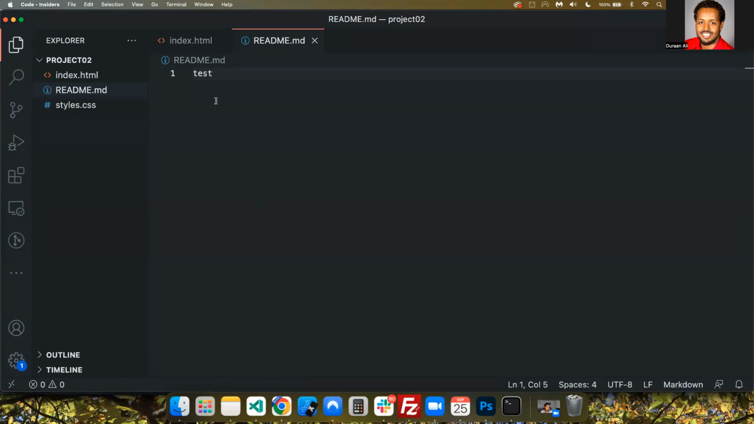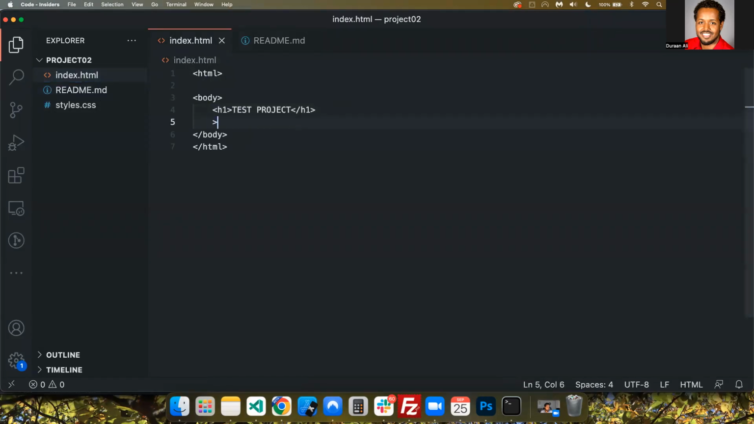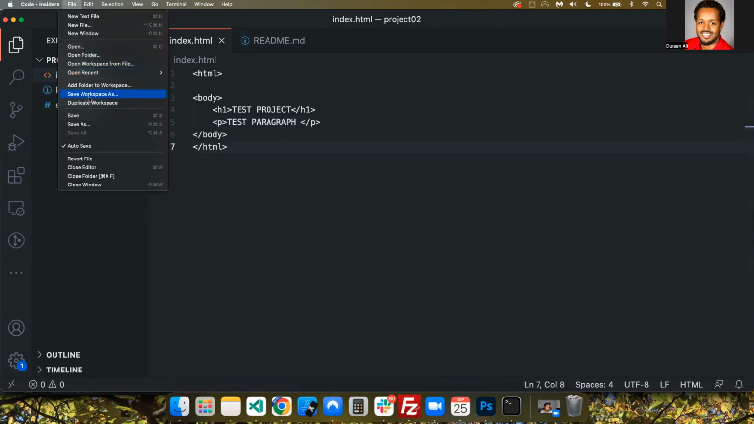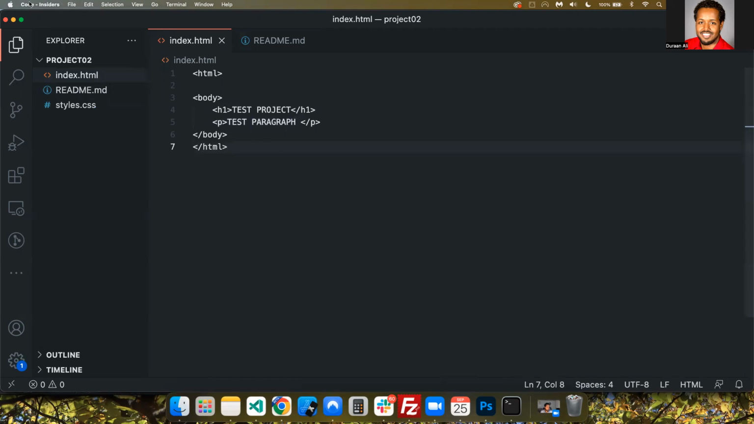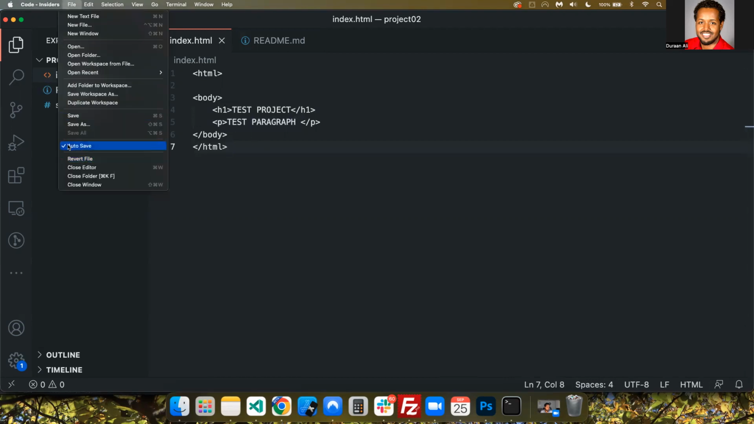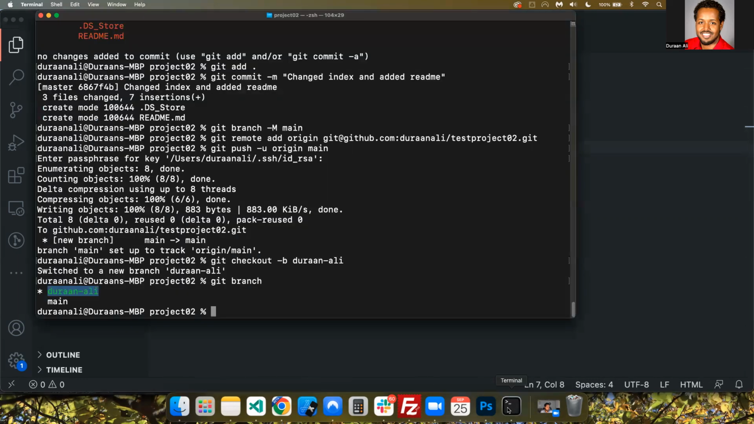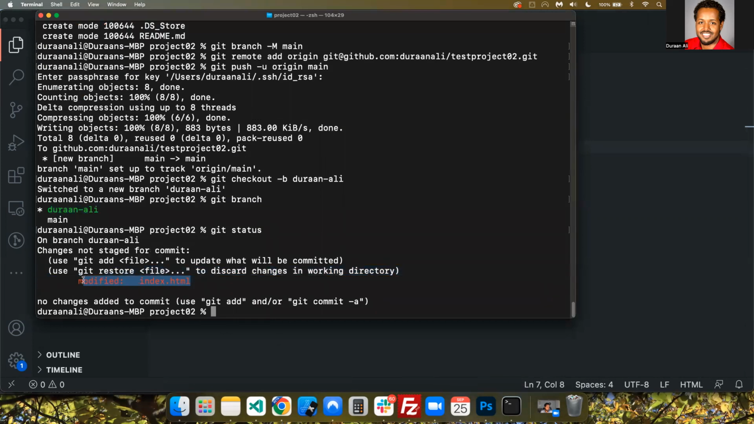So let's do that. Let's add a little bit here. Let's add maybe a paragraph. Test paragraph. Okay. So now let's save that. Sometimes you have to say save here. Mine is automatic, so I turned on auto save, and it will automatically save for me. So now if we say git status, it will say, oh, you made changes in index.html, but the branch is Duranali. So what do we do? We just add our changes. We commit our changes, first add,